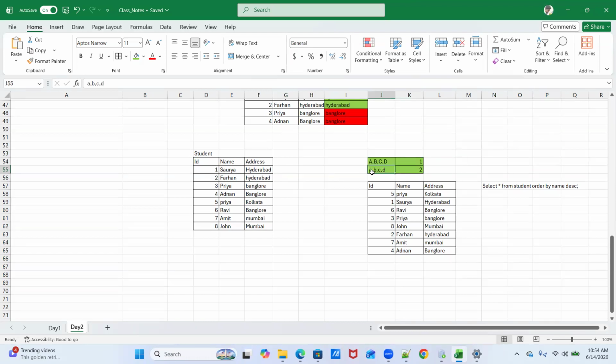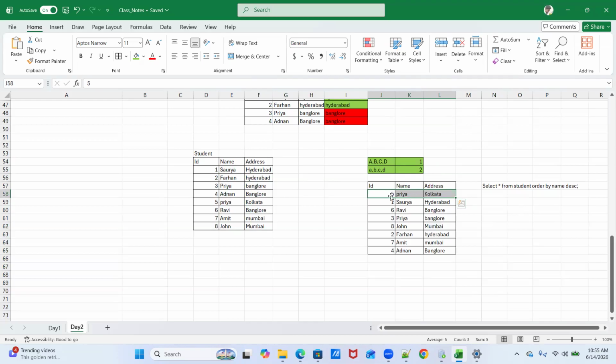So now this will come first, right? The lowercase will be first, then the uppercase will come into the picture. So that's why you can see the row with the name Priya, whose first letter P is a small letter, as the top record.